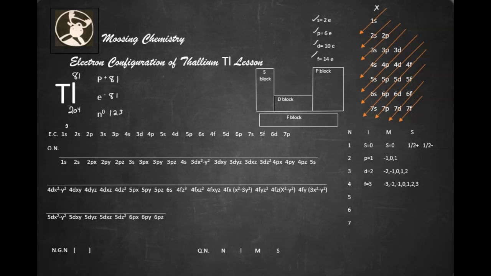So we go 1s2, 2s2, 2p6, 3s2, 3p6, 4s2, 3d10, 4p6,